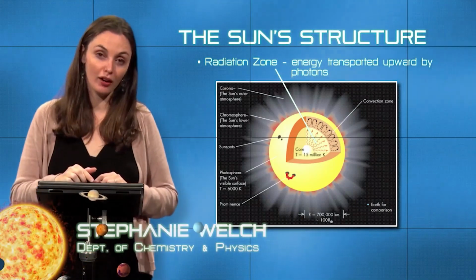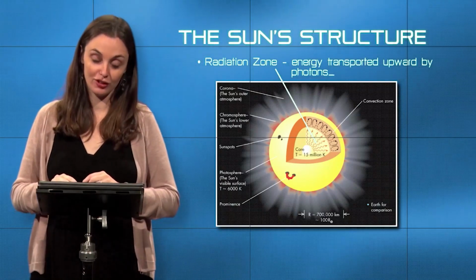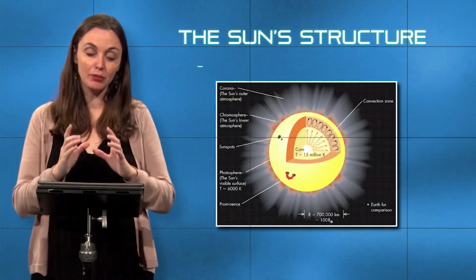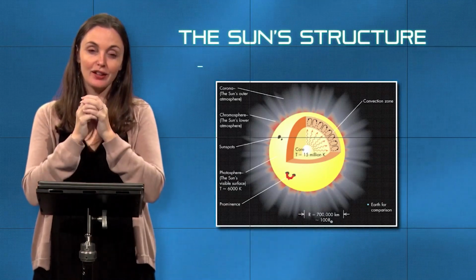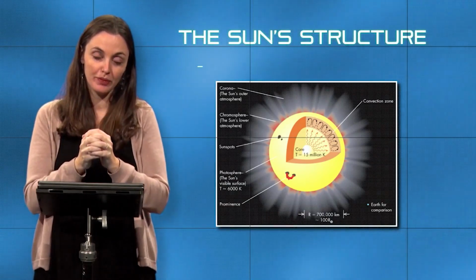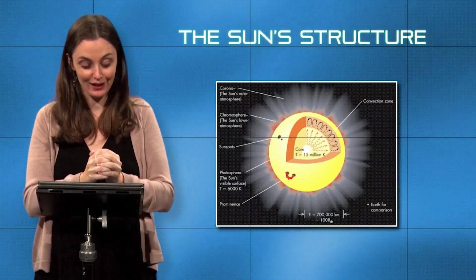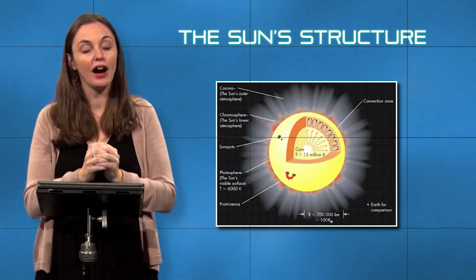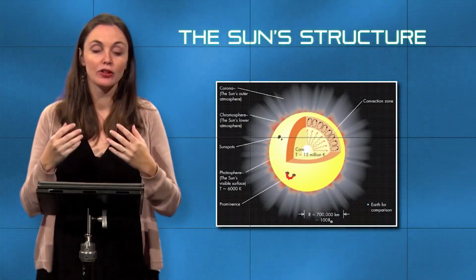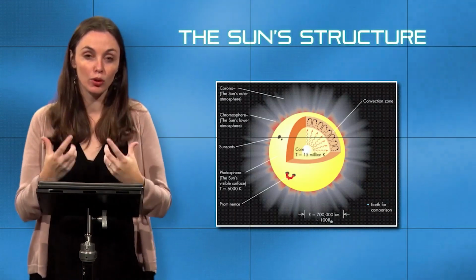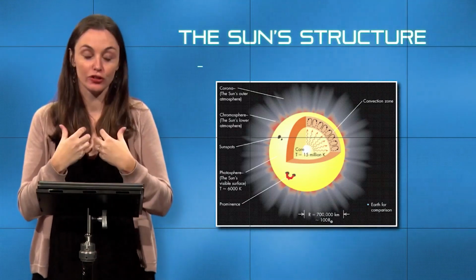Again, because you have an increasing temperature as you get closer and closer and closer to the center. The 10% of the sun that is most centralized is under the highest temperatures. And the 10% of our sun and the 10% of other stars that are like it is the part of the sun that is hot enough to go through this process of nuclear fusion. So this, therefore, has to be the most important part of our sun and any other star. This is where the heart of the star is, essentially.